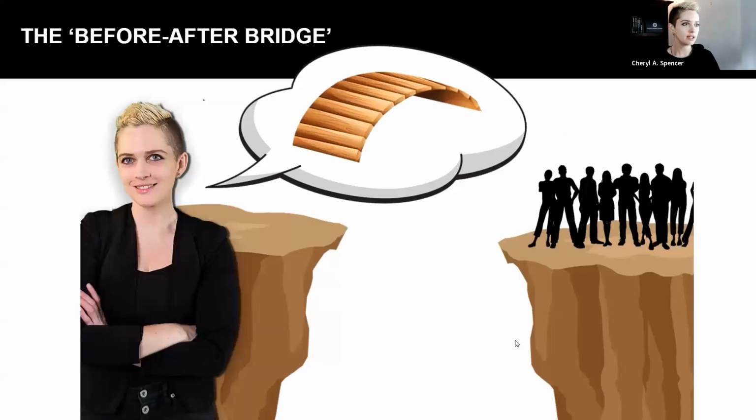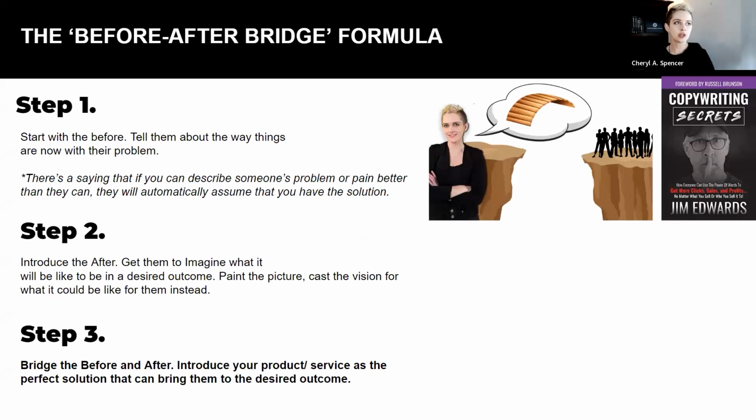So let's get into this. First things first, I want to talk about the principle behind this. There is a concept when creating content called the before-after bridge. Let me know if you guys have ever heard about that, the before-after bridge. If you want to use the before-after bridge formula, it basically comes down to 3 steps. And this is basically how the content matrix is structured.